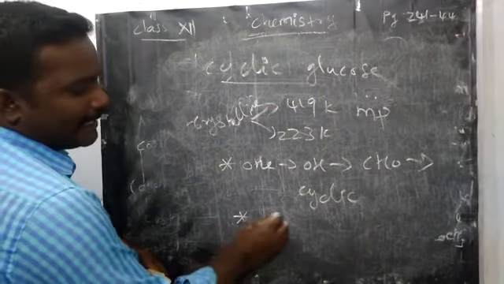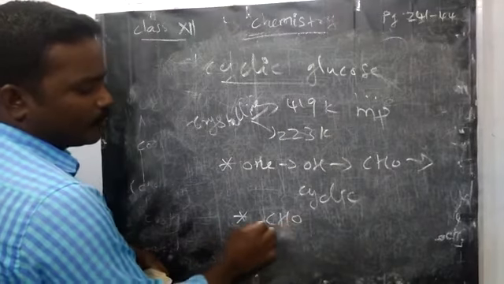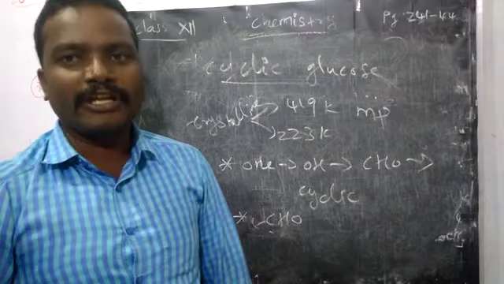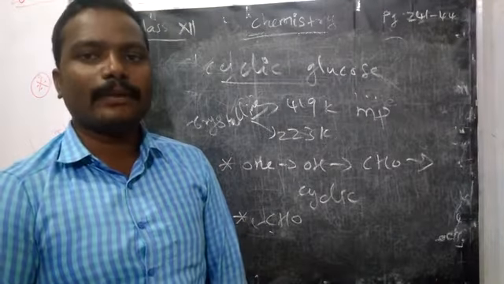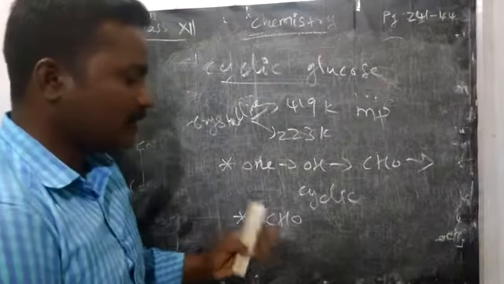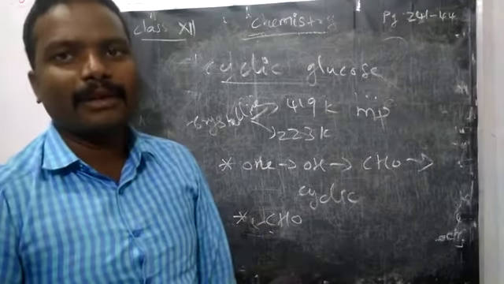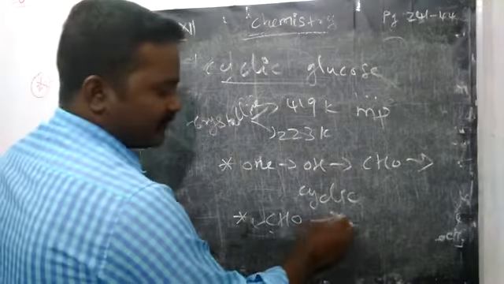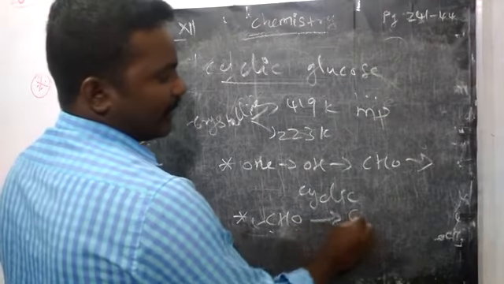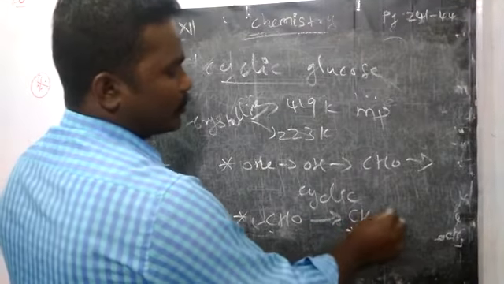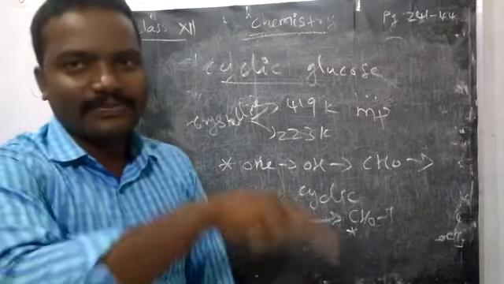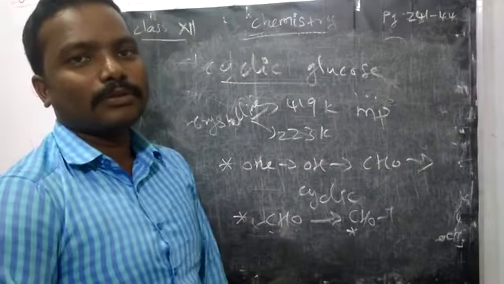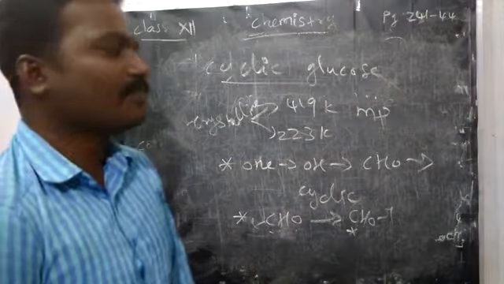The aldehyde carbon is achiral, not attached with four different atoms. If four different atoms are attached to any carbon, we can say chiral, but the aldehyde is not a chiral carbon. But what happened? Because of this bond formation, it becomes chiral. That aldehyde carbon also becomes chiral because that oxygen is common, which goes into the oxide bridge.